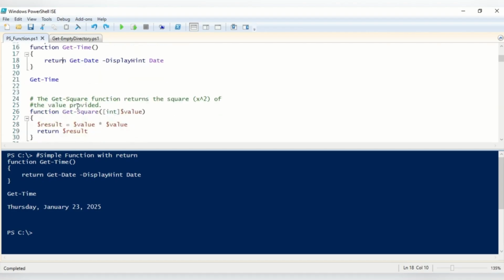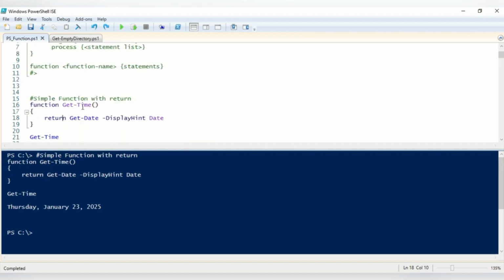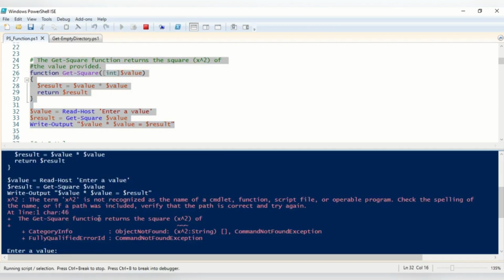Then the next thing will be passing parameters. In this case, we are just getting the time. Here you can see I'm using the multiplication operator to get the square of the provided entry. So in this case, you can see,